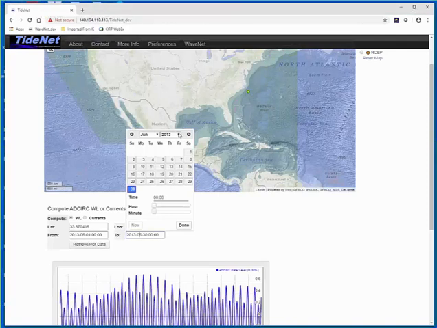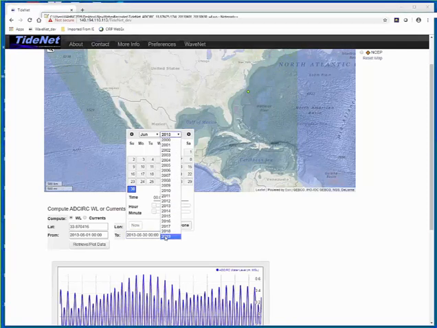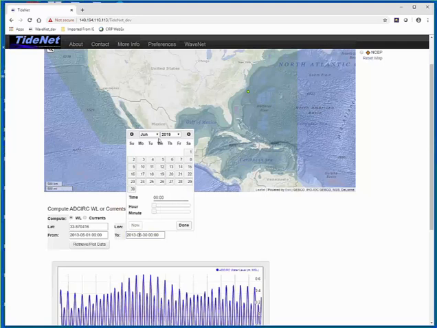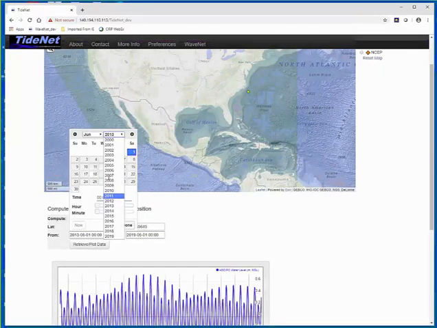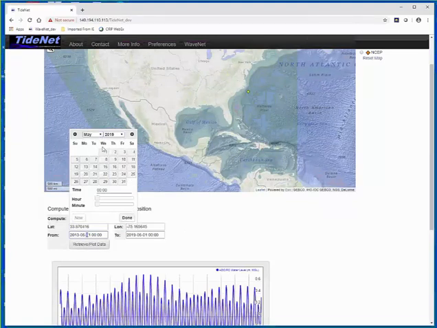Is either something wrong in the code, or so I'm going to do 1 June, and let me see if I can just get 1 month data, see.